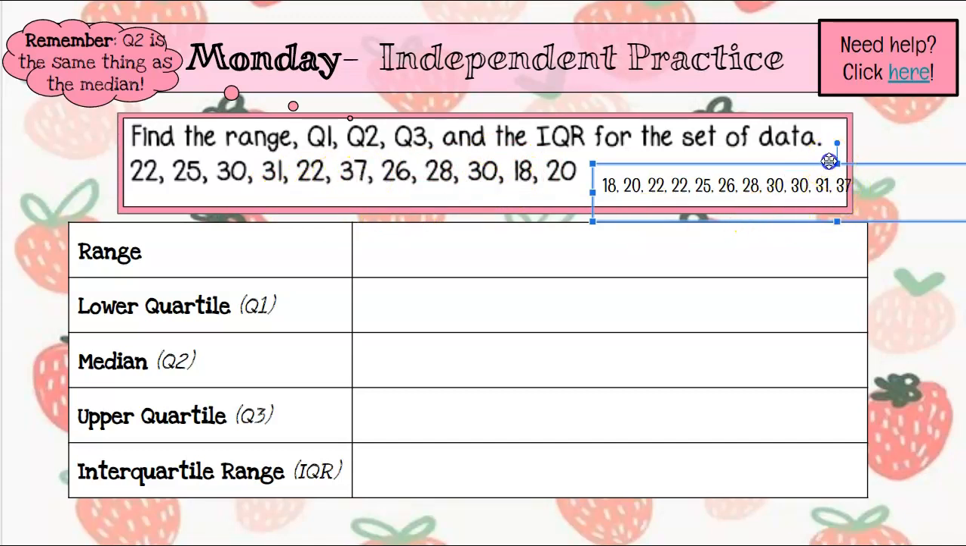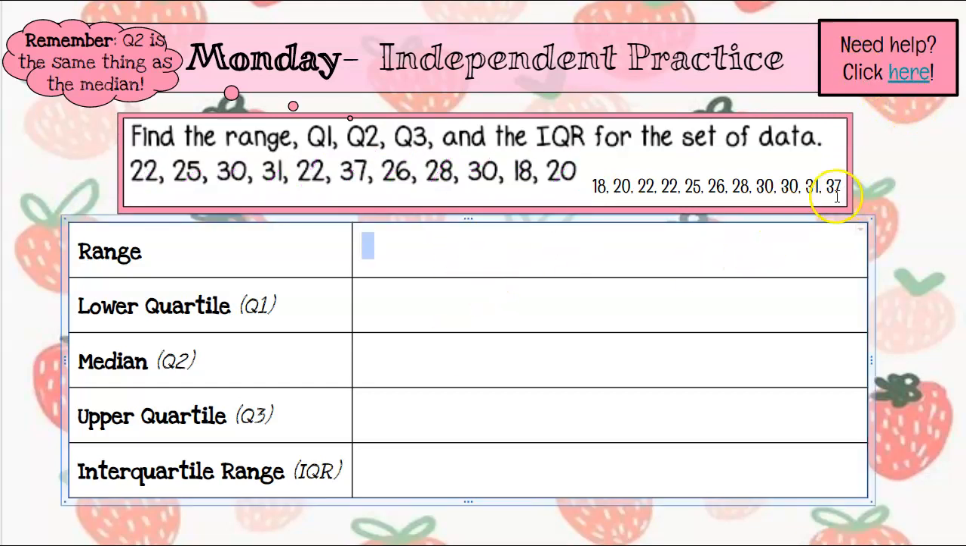37. So let's just check to make sure I have all of the numbers there correct. So I had 18, 20, 22, second 22, 25, 26, 28, 30, 30, 31, and finally 37. So I have all of my numbers accounted for. Awesome. Now I can find my range by looking at my biggest number, which is 37, and subtracting my smallest number, which is 18. So when I do that,